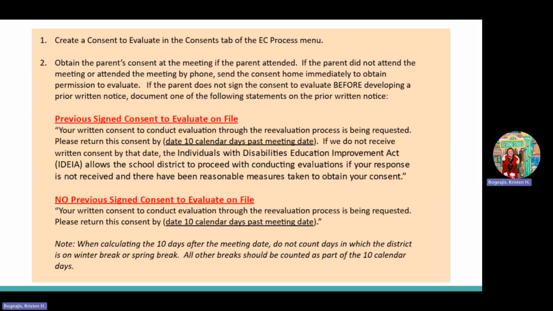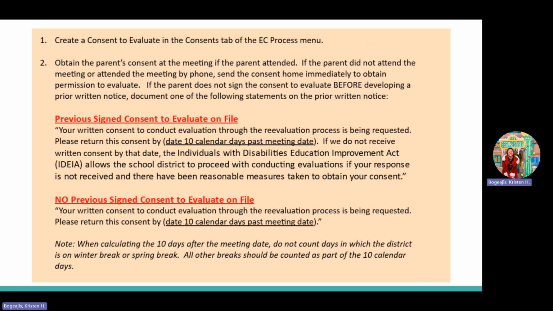Next, you are going to create consent. So if you have asked for an FBA and observations, you're going to create consent to evaluate. To do that, you go to create consent to evaluate in the consent tab of the EC process menu. You're going to obtain the parent's consent at the meeting if they've attended. If the parent did not attend the meeting or attended the meeting by phone, send the consent home immediately to